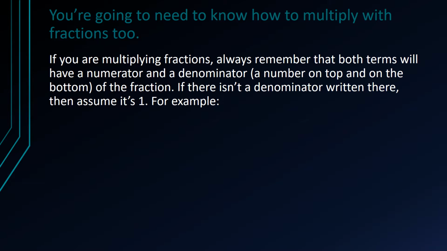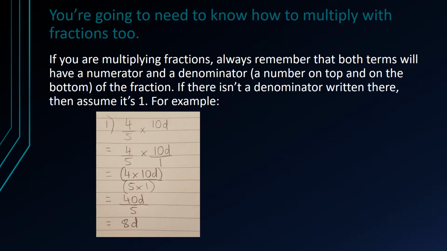You're going to need to know how to multiply with fractions too. If you are multiplying fractions, always remember that both terms will have a numerator and a denominator, and that's a number on top and on the bottom of the fraction. If there isn't a denominator written there, then assume it's 1. For example,